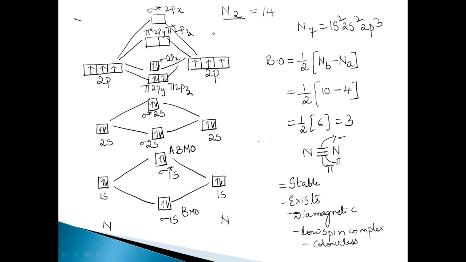And what is LUMO? LUMO is lowest unoccupied molecular orbital. So where do the unoccupied orbitals start, the ones without electrons? These pi star orbitals are the unoccupied orbitals. From here, there are no electrons. So here, unoccupied, without electrons, lowest, this is the LUMO, the lowest unoccupied molecular orbital. And sigma 2px is the HOMO, the highest occupied molecular orbital. Right. So this is the molecular orbital energy diagram for N2, and these are the properties.